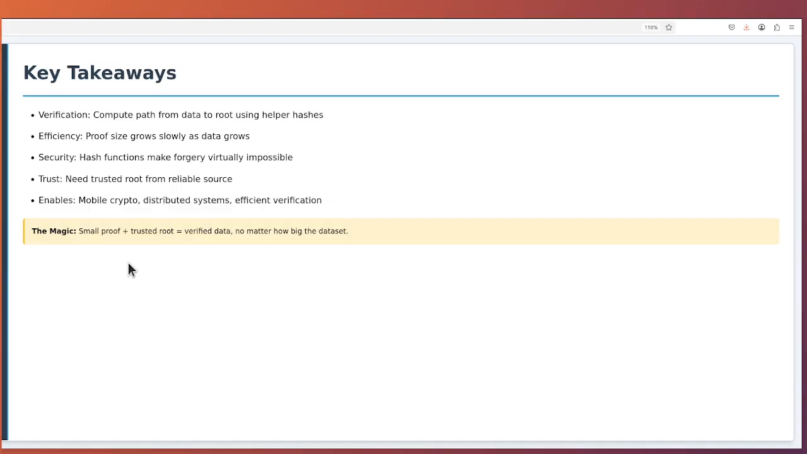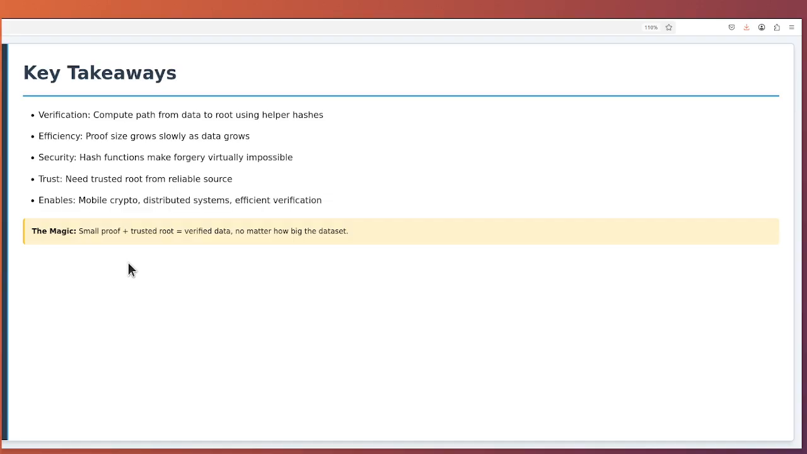Third, it is cryptographically secure. The properties of hash functions make it virtually impossible to forge a valid proof for invalid data. Fourth, it requires a trusted root. The security depends on trusting where the root hash comes from. In blockchain, that's consensus. In other systems, it might be signatures. Fifth, this efficiency enables practical applications like mobile cryptocurrency wallets, distributed file systems, and version control that would not be